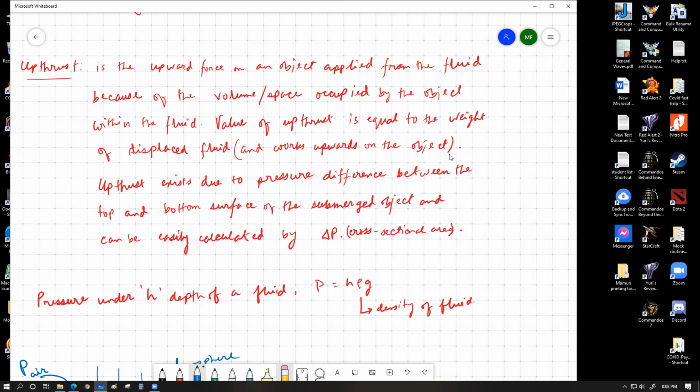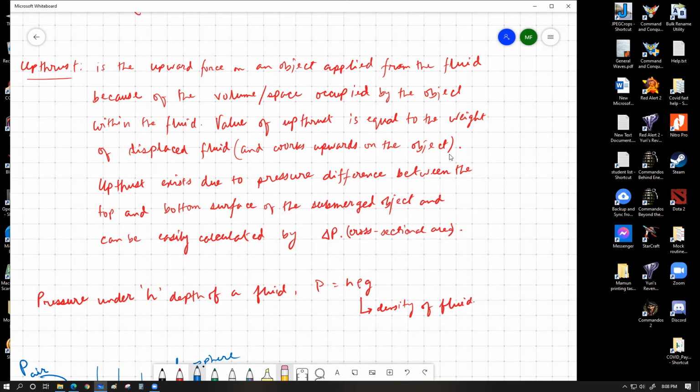So one other one, never mind. So one important thing that goes for the upthrust is that whatever the value,